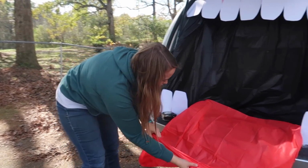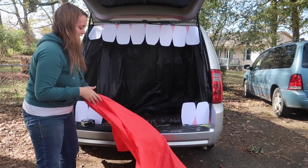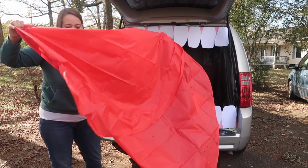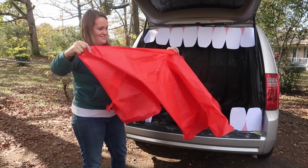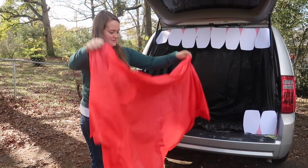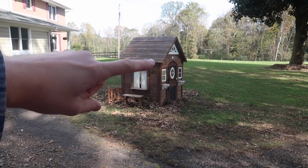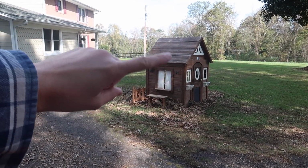Working on a trunk or treat. Trunk or treat? Gotta figure out how to make this though. Well, what's it look like, guys? What do you think this is? If you guessed an open mouth, then you would be correct. And they brought that out because I guess Tammy's doing some sort of haunted house with that instead of a